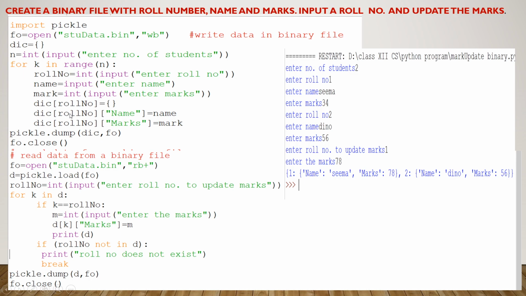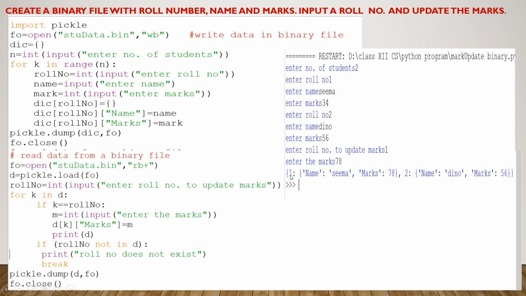Now look, I want to store data in this form. You can see on the right hand side where my cursor is. I want to store the data inside the dictionary in this form. It is a dictionary inside a dictionary. So first I want to store roll number as a key, and the value of that key I want to store in the form of a dictionary.